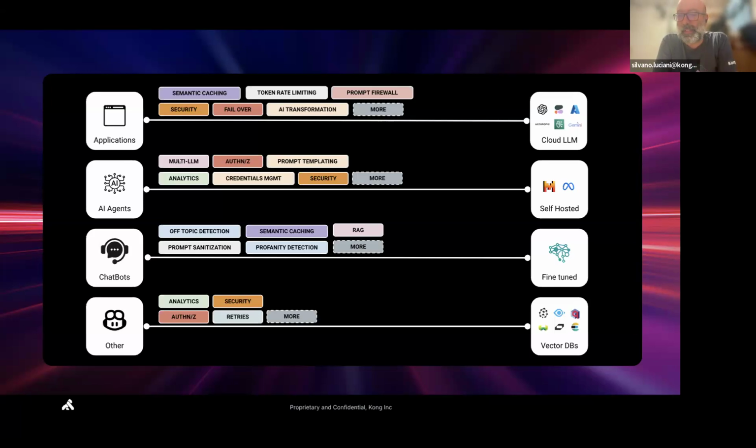And really the traditional authentication and authorization, to make sure that only authorized users and applications can access your service. And analytics, to know what is working and what is not working in your app. These are the ones that are a little bit more traditional. And then there's a bunch that are emerging that are more tied to specifics of AI.